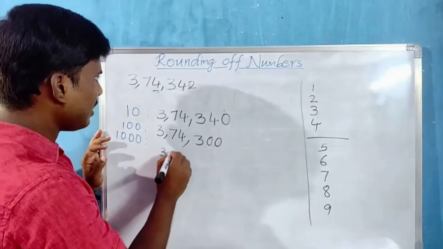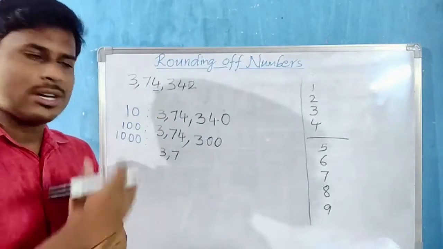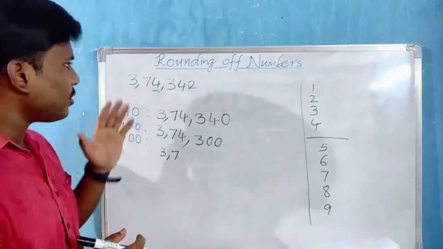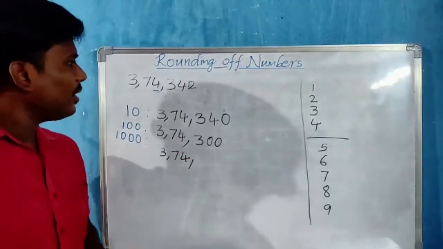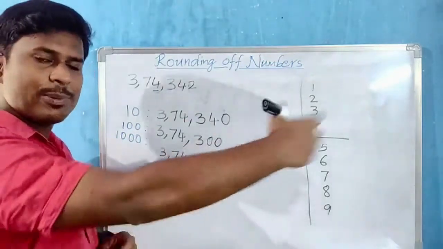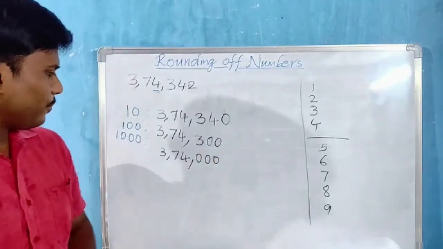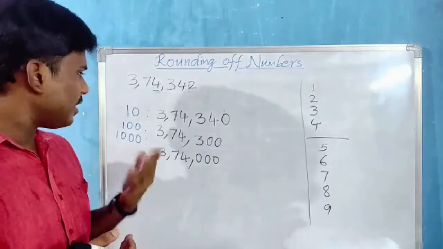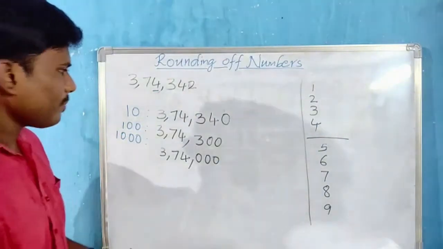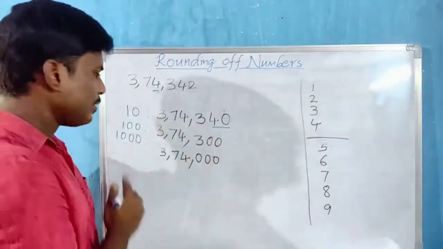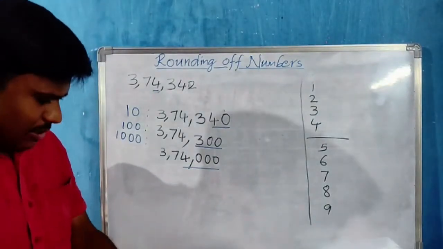So let us write the left side 2 digits as they are. When the immediate right of the rounding digit is 1, 2, 3 or 4, then we need not change the rounding digit. The rounding digit will be as it is. And all the right places will be replaced as zeros. So in this way, we round off the given numbers to the nearest tens, hundreds, thousands. If we talk clearly, see, this is nearest tens, this is nearest hundreds, thousands. Look here,